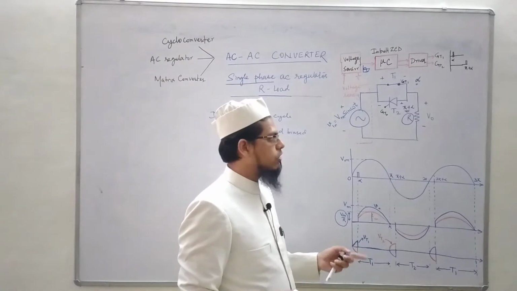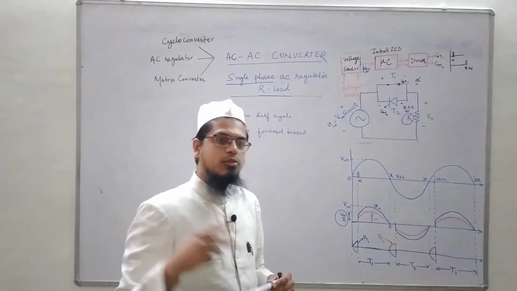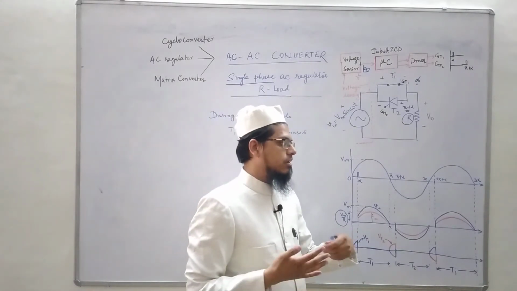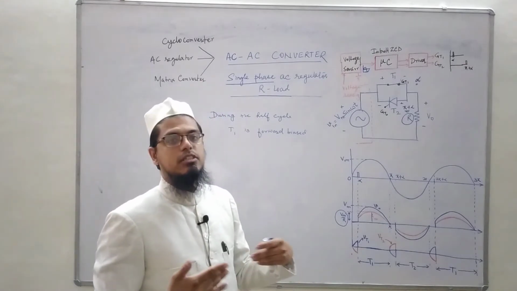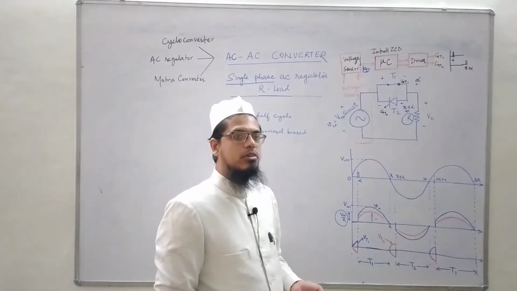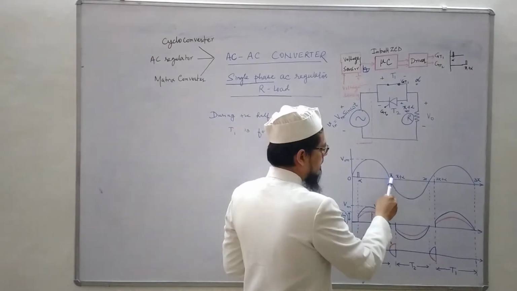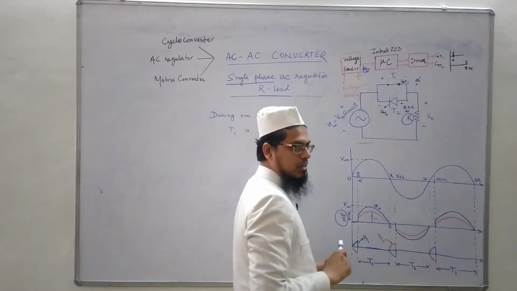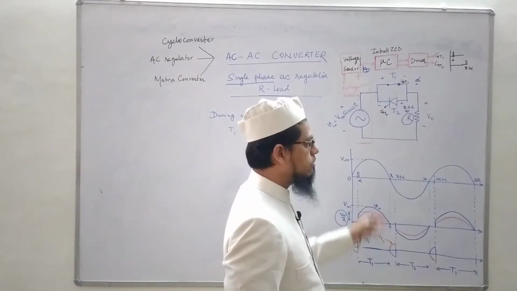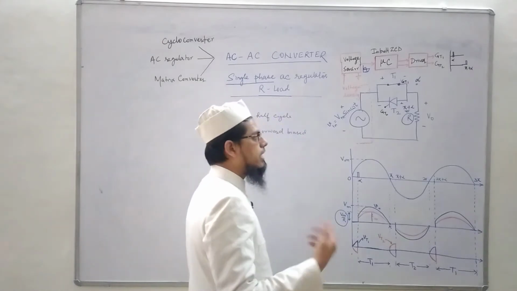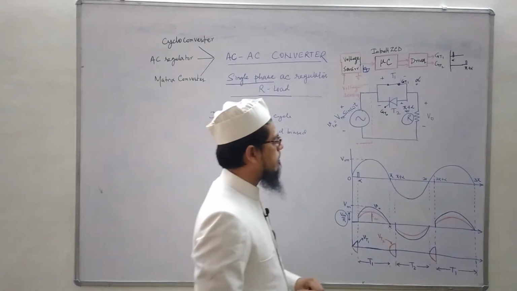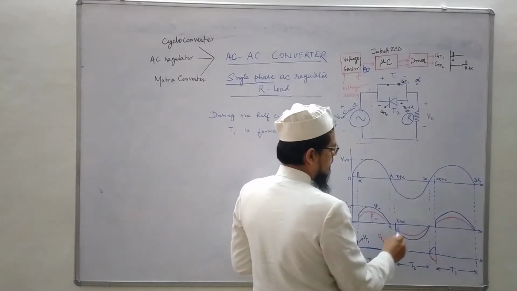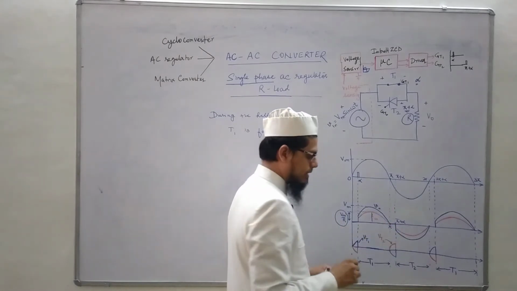It stops conducting because there are two conditions for an SCR to stop conducting. One is that it is reverse biased, and the other is that the current through it falls to 0. So at this instant and immediately after that, the voltage reverses across the SCR T1. Moreover, current has also fallen to 0, so it stops conducting. It will again conduct when a firing pulse is given to it. So from the interval pi to pi plus alpha, there is no conduction in the circuit, so the output voltage is 0.